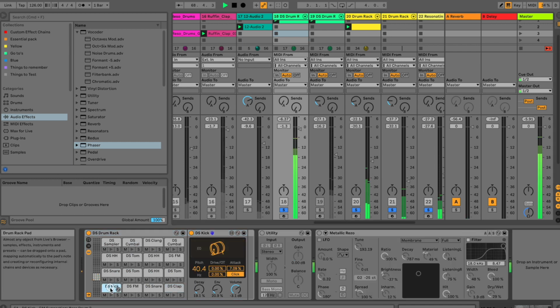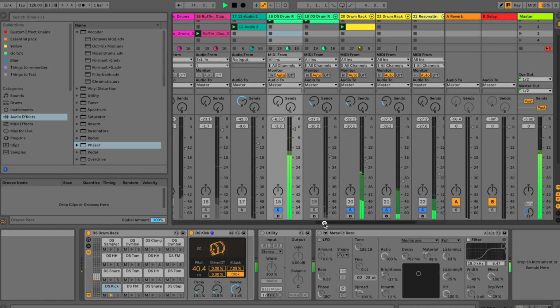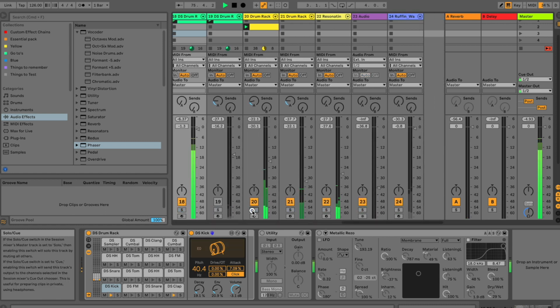As you can see, this is also the kick. To me it sounds pretty powerful. This is also a Max for Live device. Nothing crazy. Most of the sounds that you can hear are freeware